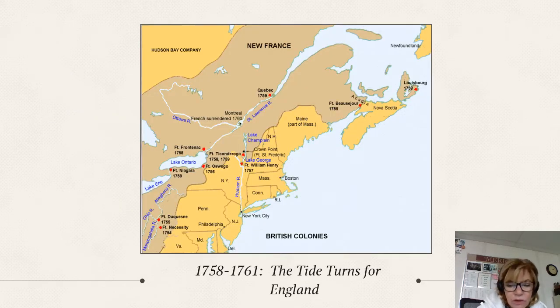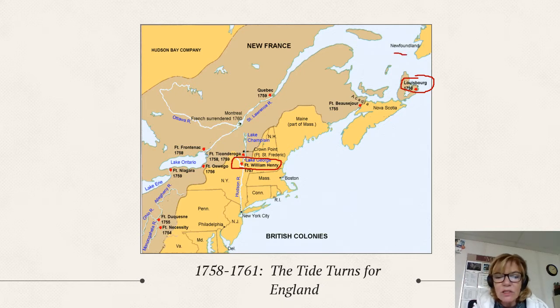Okay, so here, if you look at this map, you can see some of those locations that we were talking about, right? So if you go up here, this right here is Fort William Henry, and that's where a lot of civilians were massacred by Lake George and Lake Champlain. Then, as I said, the British focus their attention on invading Canada, and so they take back this fort right here, Louisbourg, right? And it's up north of Nova Scotia there. That also gives them access to the St. Lawrence River, and they start coming down this way.